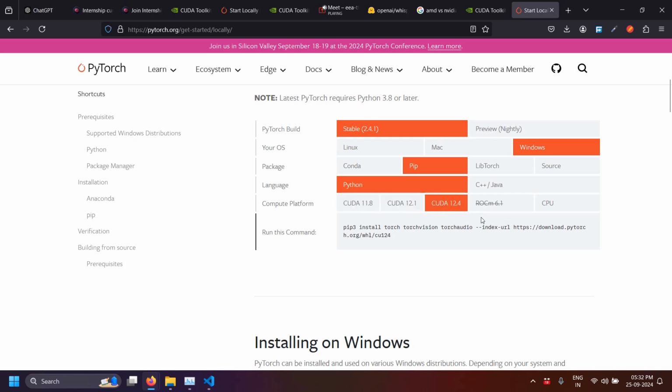It doesn't matter if you have a different version of CUDA toolkit available. I have checked with the old versions also, so it will work fine. For now, if you want, you can go with CUDA 12.1. So it will give you this command,